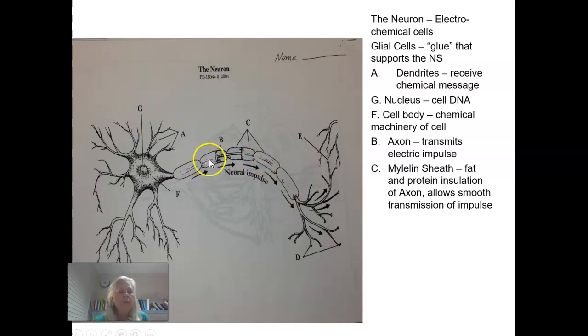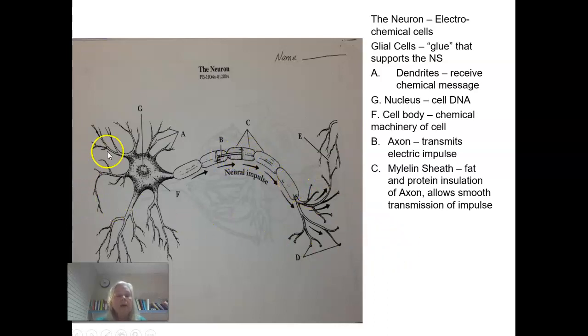Now, this is a really important structure because if this starts to harden, you could get a disease called multiple sclerosis. That is something that you should know. And multiple sclerosis means that this starts to harden. And so that message you might be getting from your motor cortex to your leg is not going to go smoothly because little bits of the electrical impulse are shooting out elsewhere and they're not going through quickly like they normally would.